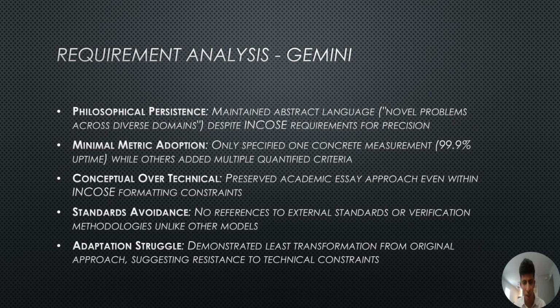The matrices which Gemini made were very minimal. Only measurable criteria added, 99% uptime. Also, in contrast to DeepSeek, which had multiple matrices, Gemini had detailed benchmarks. So instead of having many parameters, Gemini focused on having benchmarks as their USP. So this made it difficult in translating concepts into quantifiable requirements.